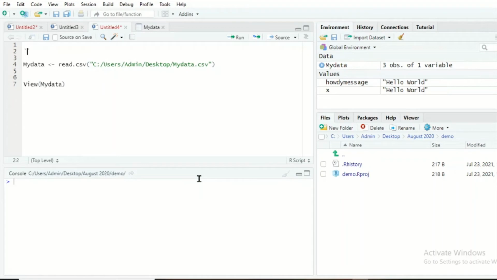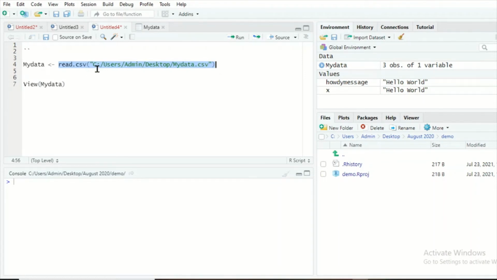Let us import the data into R. We can make use of the import dataset function, and we can also type the code to load the data. First, let us type the code and load the data. I have stored a CSV data file with the name mydata. Now I am going to type the code. It goes like this. This is my data, I am giving a name for my data. Then I am giving a path. This is read.csv.